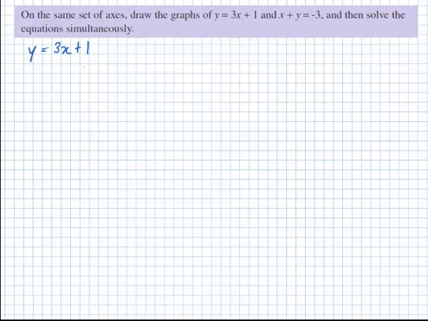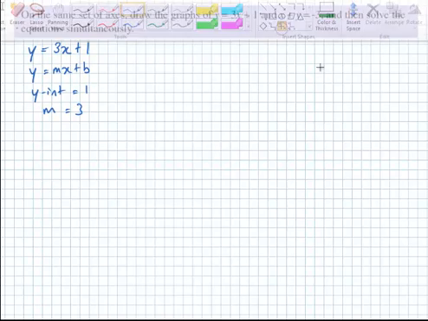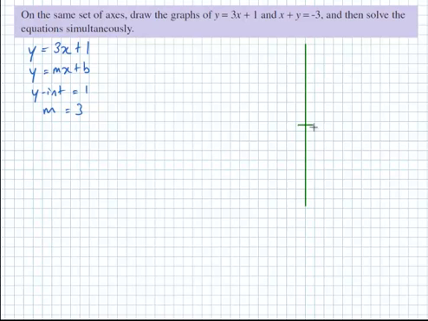So the first thing we know is that because it's in the form y equals mx plus b, that means that 1 is our y-intercept, and our gradient is 3. So when we graph that, which we're going to do over here,